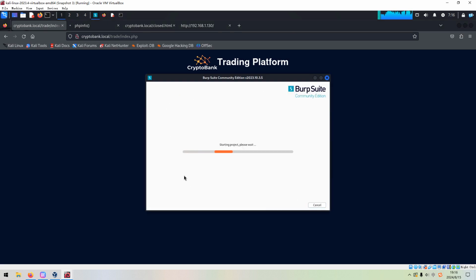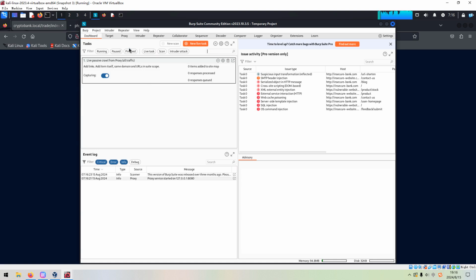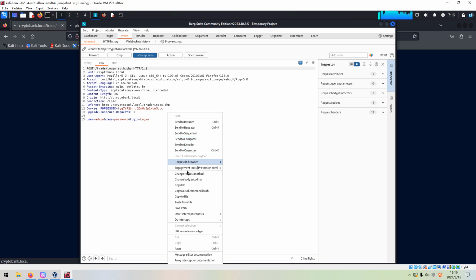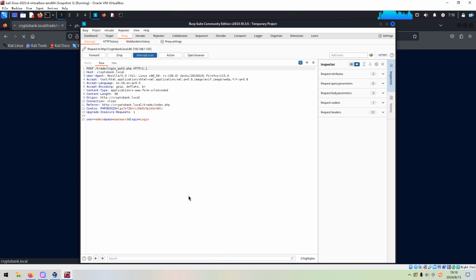Next, start. I think this is the way to do SQL injection, especially for the HTTP post form. We can put anything into these two fields, like password, anything, login, and we can get the request. We can copy or save the request to a file.